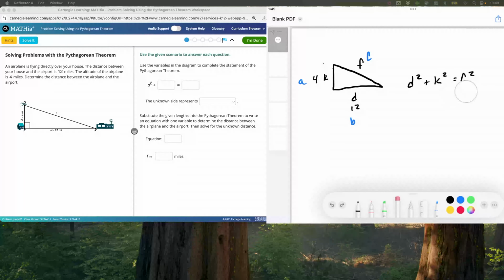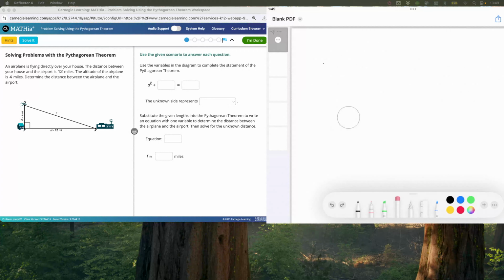So this concept of the Pythagorean theorem is actually pretty important, and you are going to learn it in 8th grade. Obviously, you have probably not finished 8th grade yet if you are watching this video. And this program, Mathia, is going to assume that you already know how to do the Pythagorean theorem. So it is not going to teach you anything. It's just going to throw you right into some problems with the Pythagorean theorem, assuming that you already learned it